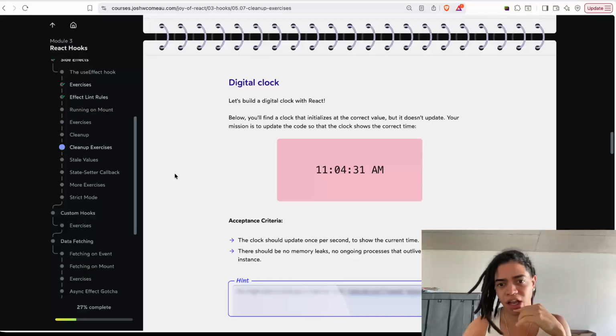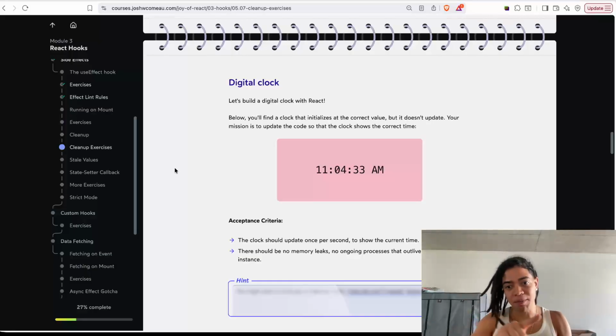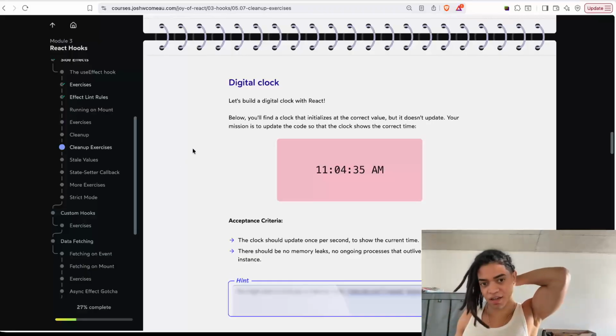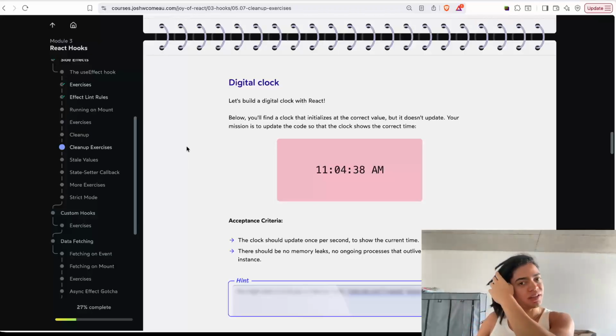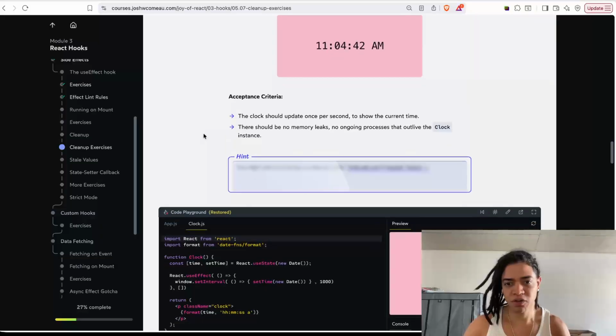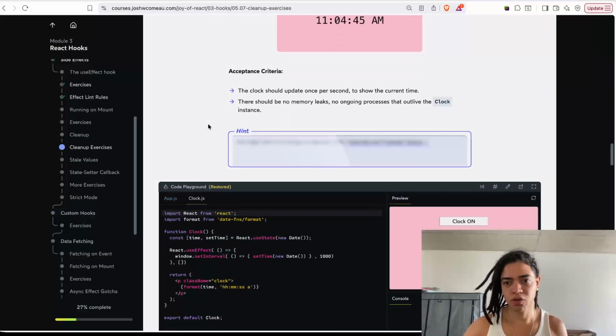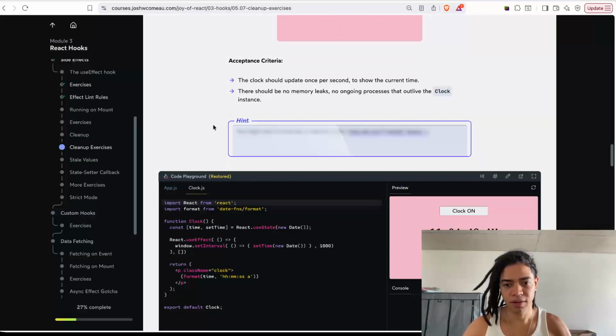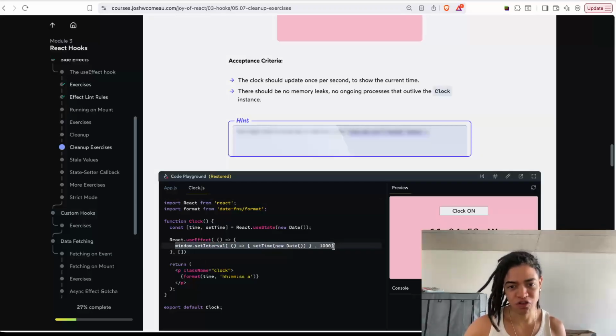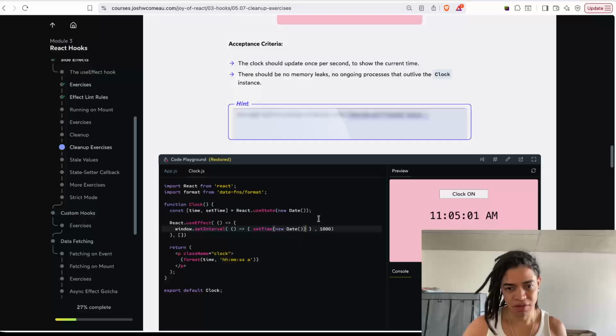And the other is the digital clock. Interesting, because now I'm hooking into the timers here. The clock should update once per second, all right, and show the current date, right? So here I'm synchronizing with this source of truth, right? And I'm setting its state here. So here, if I define now